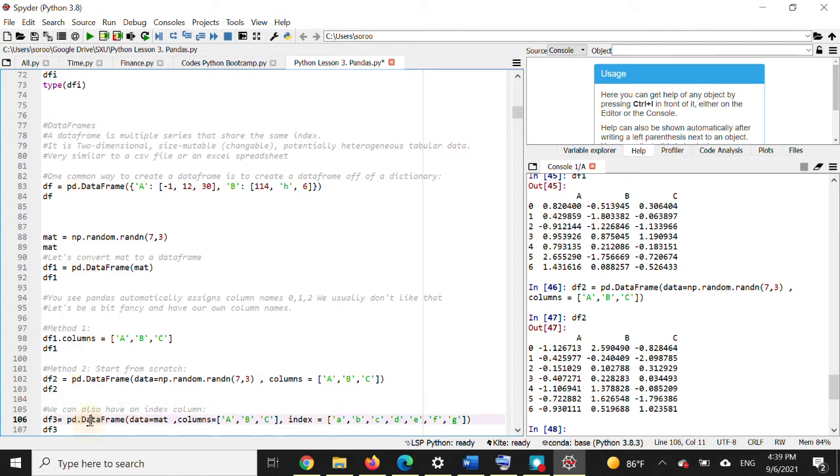We can also have an index column. So these columns, rows they can be named 0, 1, 2, or like each row can be named like 0, 1, 2, 3, 4, 5, 6, or I can just give them names. That name for each row is called index. So df3